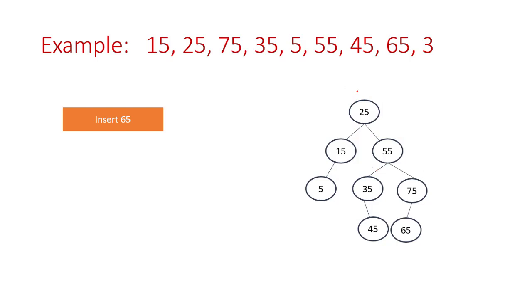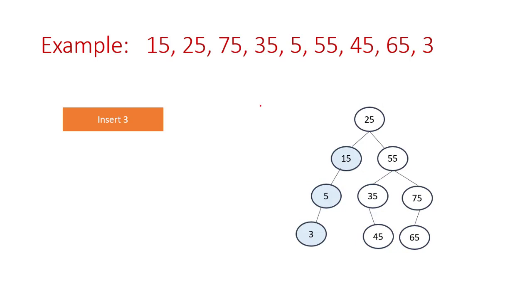So we can go for the insertion of the next node, that is 3. Insert node 3. 3 is less than 25, less than 15 and less than 5. So 3 is inserted as a left child of 5. Now you can see here the balance factor of 3 is 0. The balance factor of 5 is 1. The balance factor of 15 is 2. Already we have computed the balance factor of these nodes in the previous diagram.